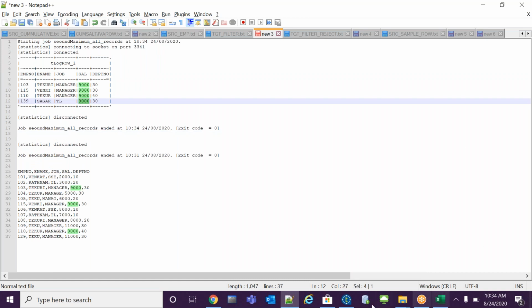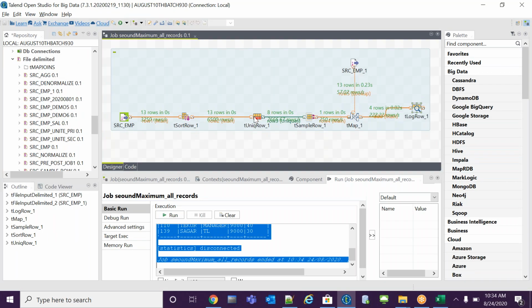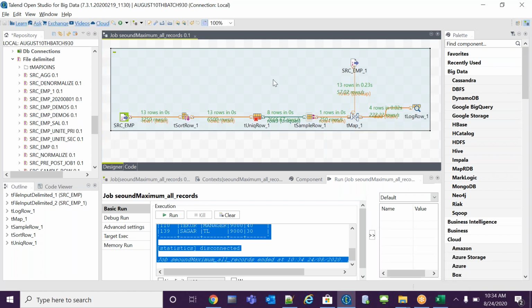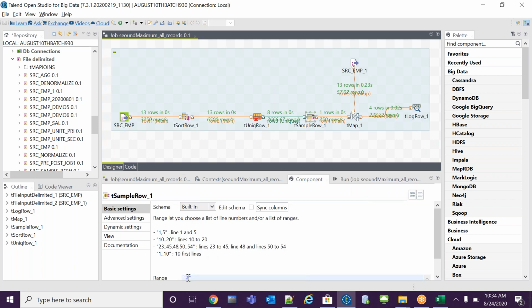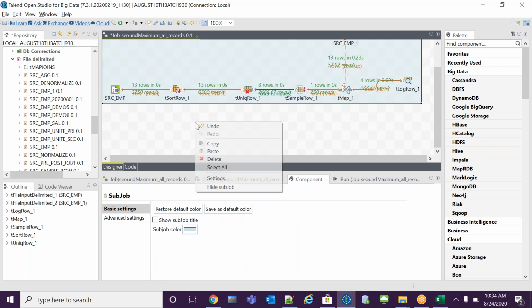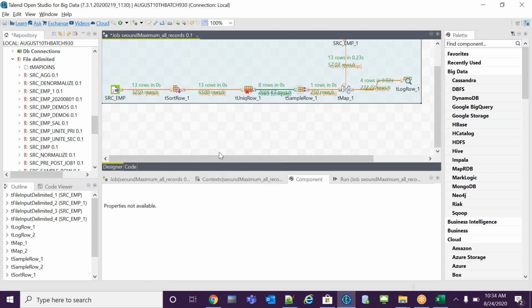Suppose I want to get the minimum salary, second minimum. Yes, Raj, we want the highest salary and lowest salary, both records. Yeah, we can do it. Highest means maximum salary. And the least salary, same thing we have to do. Same thing, copy paste here.